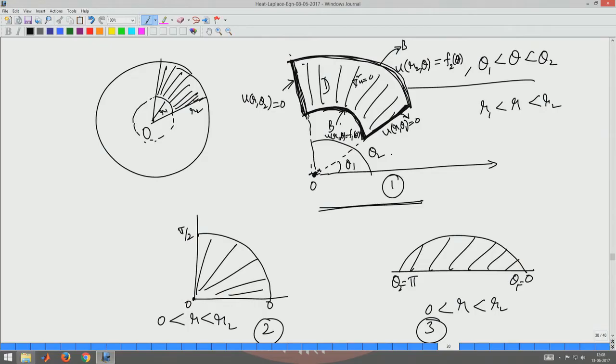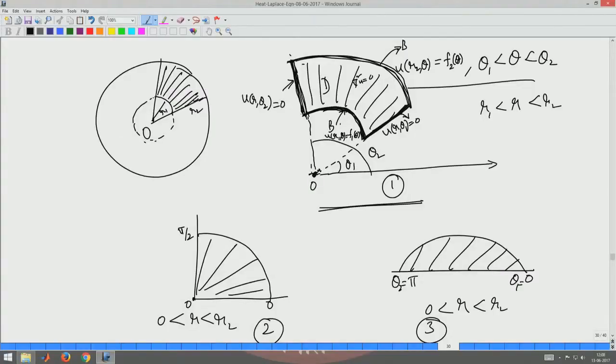So, if you want to solve this problem by the separation of variables method, that is the technique we have mastered so far, we need two boundary conditions. The data is given for the r variable when r equal to r1 and r equal to r2. So, you try to extract a Sturm Liouville problem. Earlier for the annulus region it was already intrinsic: for the theta variable you have a Sturm Liouville problem, and we do not use any boundary condition because it is a complete circle. Theta is the same at 0 and 2 pi, so intrinsically you have a periodic Sturm Liouville system. But here, when you extract the Sturm Liouville problem for the theta variable,